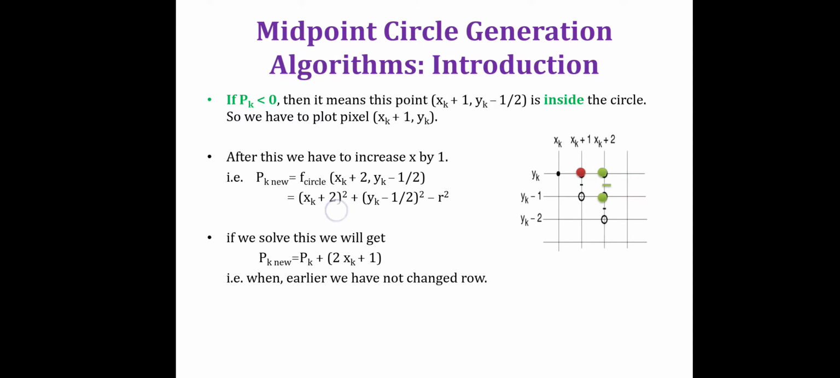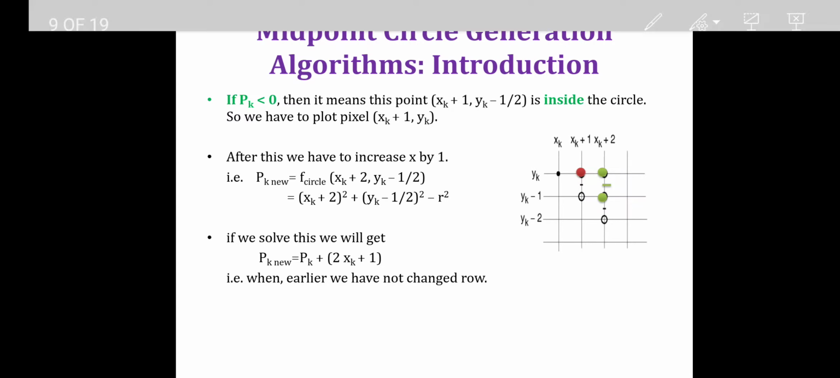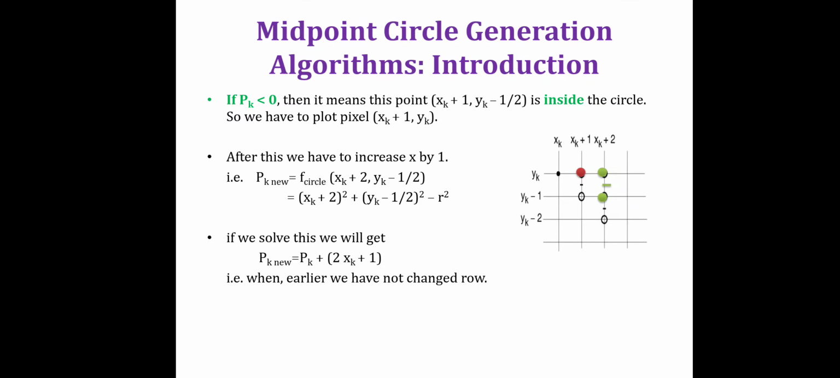So we will solve this equation, that is xk plus 2 bracket square plus yk minus 1 by 2 bracket square minus r square. After solution of this we will get pk is equal to pk plus 2 xk plus 1. So how are we going to find this? So this is pk new. So we make the subtraction of pk new minus pk. After the subtraction of pk new minus pk, we are getting this pk plus 2 xk plus 1. This is same as Bresenham's. In Bresenham's we did this and I have given the explanation of how it comes. So the subtraction method is given in that Bresenham, so you can follow that method also to do this